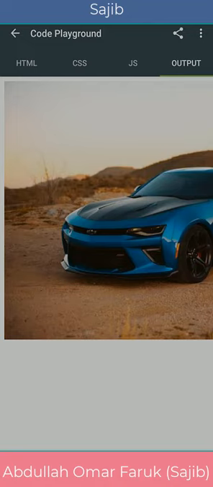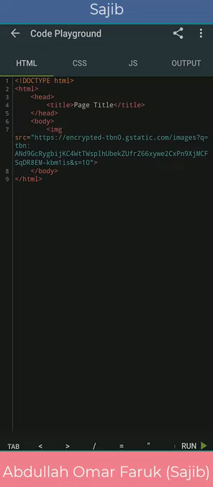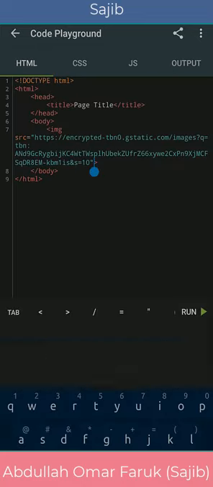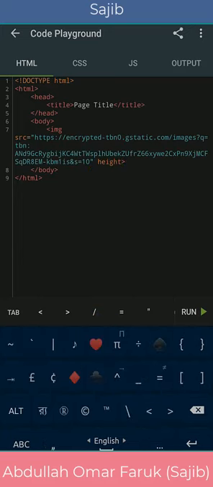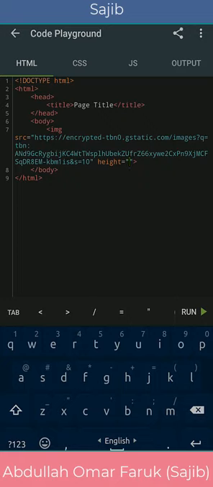And now this is actually a large one, so I want to make it small, right? So to make it small, you need some attributes that are called height and width. You already, I think, know this. So write height at first, give an equal sign and put quotation, and then you just set the height.